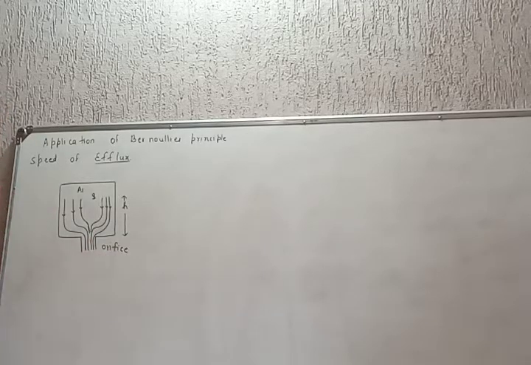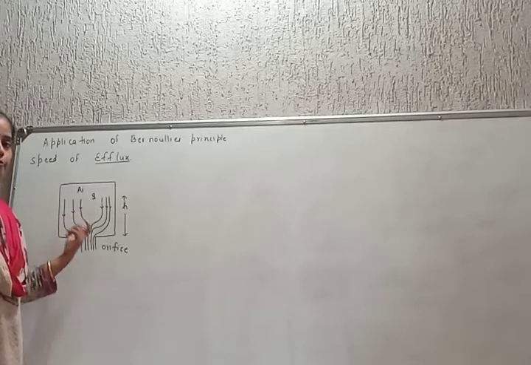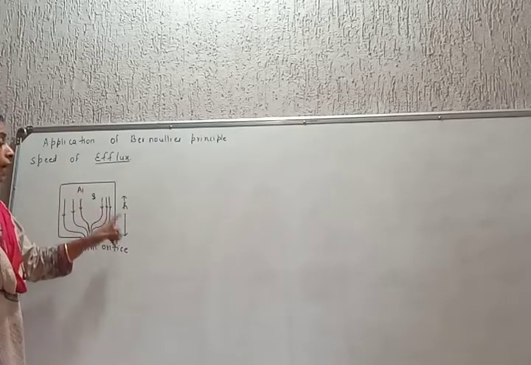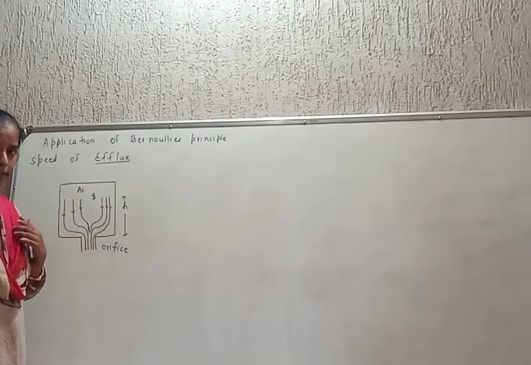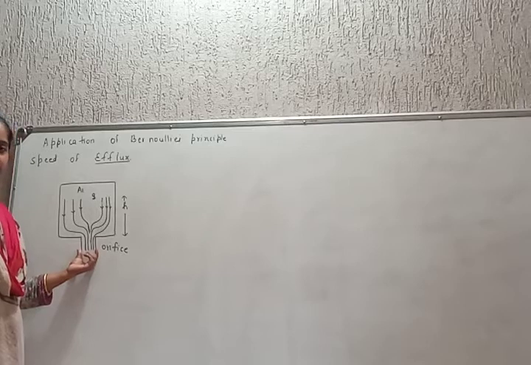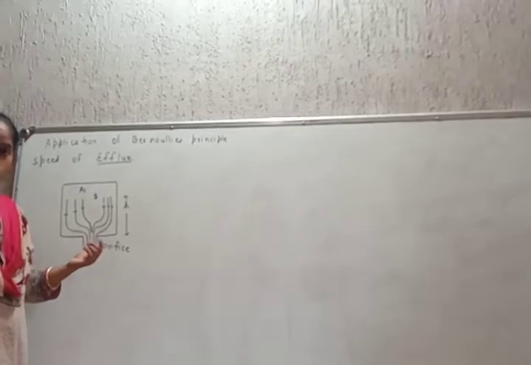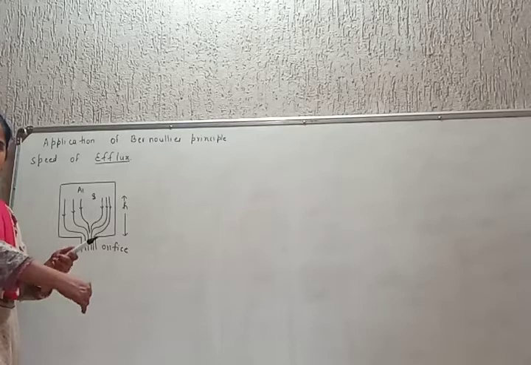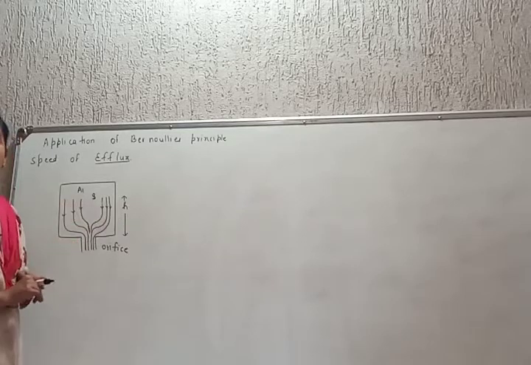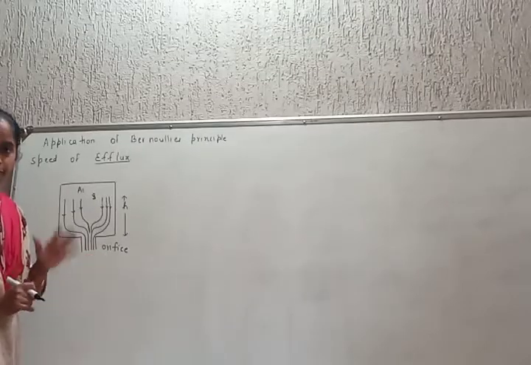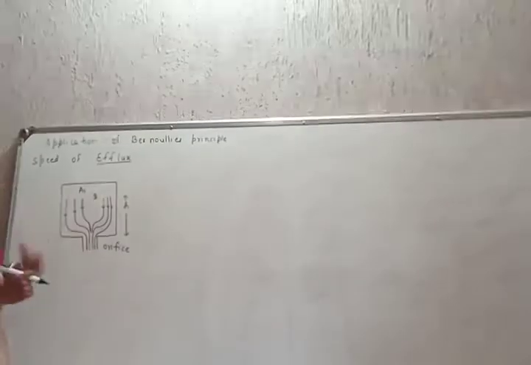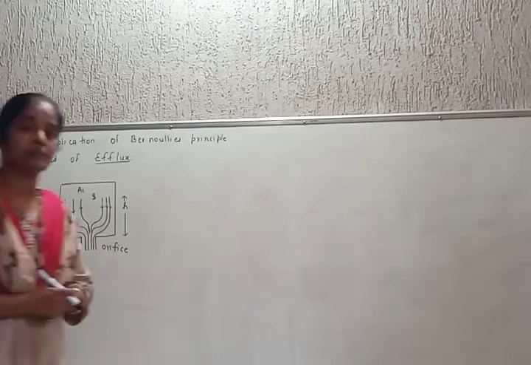Look here. What is efflux? A liquid or a fluid which outflows. This is an open tank filled with a fluid of density rho to a height h. Let A1 be the area of cross section of the open tank. This is the orifice here. Orifice means a small little hole, like the pipe you fit at the bottom of a tank for water to flow. This is how the fluid is flowing. We'll apply Bernoulli's principle here.